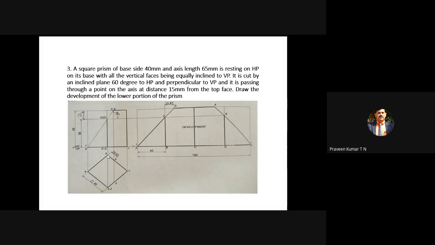Write it like that. Then you know how to draw the front view of the square. You have to draw the front view of the square. The height of the square is given as 65, so draw it on the horizontal line. Initially, you draw the front view of the square with a thin and light line. You have to draw the initial square with a thin and light line.